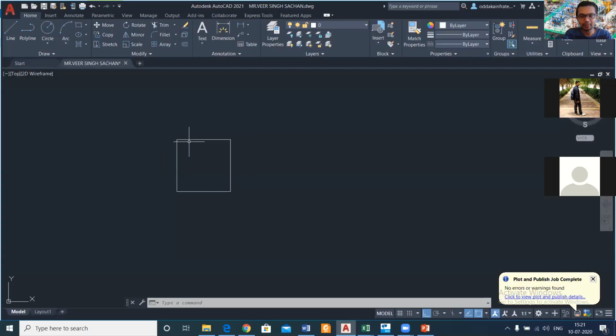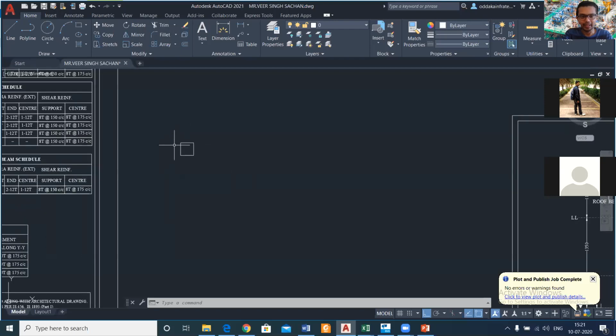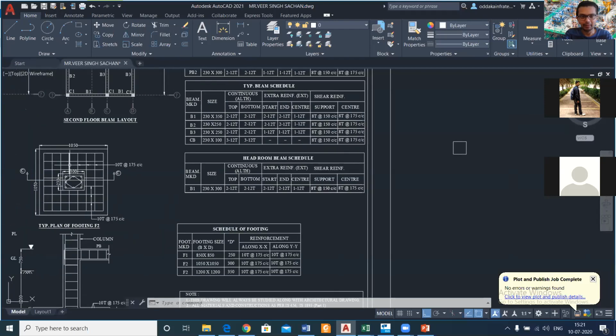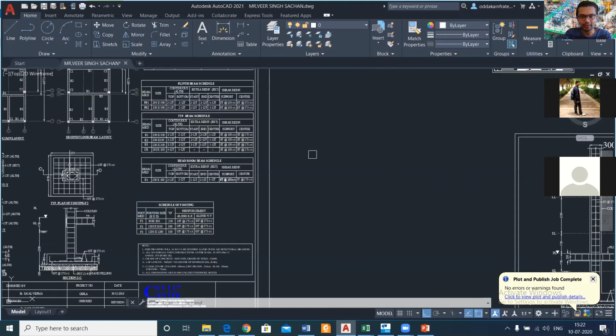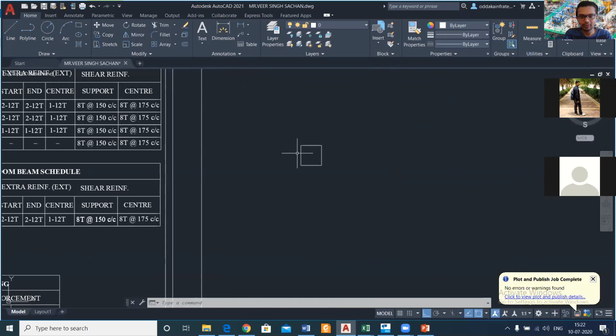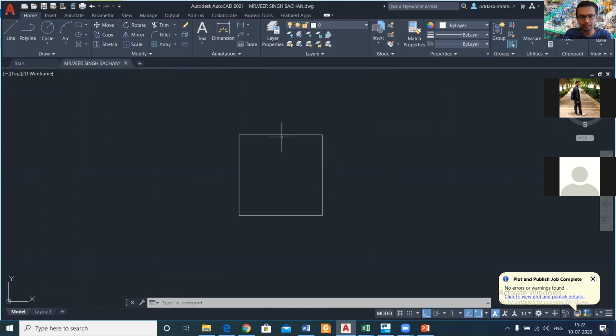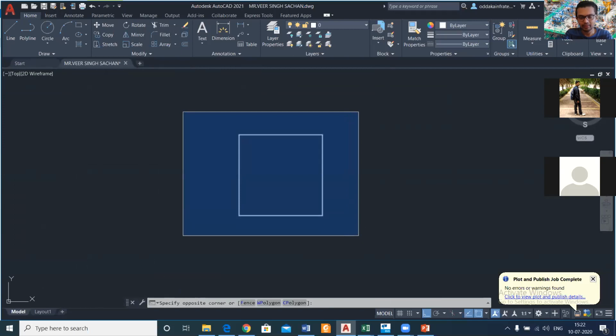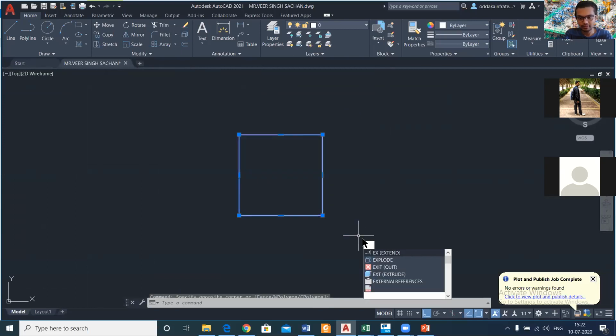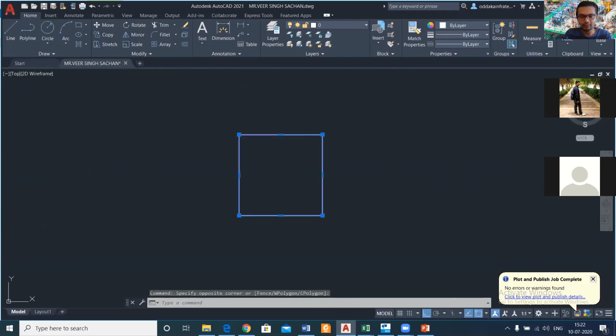So this is the size of the footing. So its size is 1050 into 1050, and inside it we have 10 mm bars which are placed at a spacing of 175 center to center. So let us now calculate the number of bars which will be given. First let us explode this, so that this rectangle is in different parts.